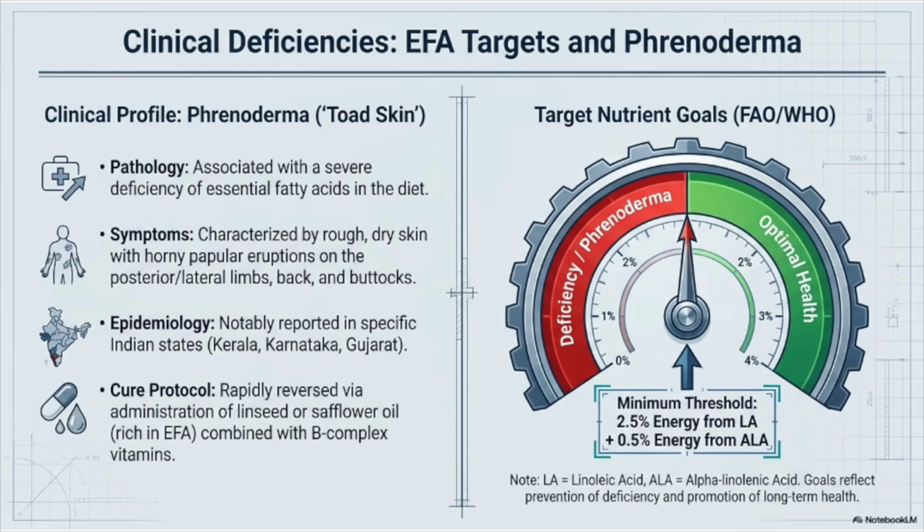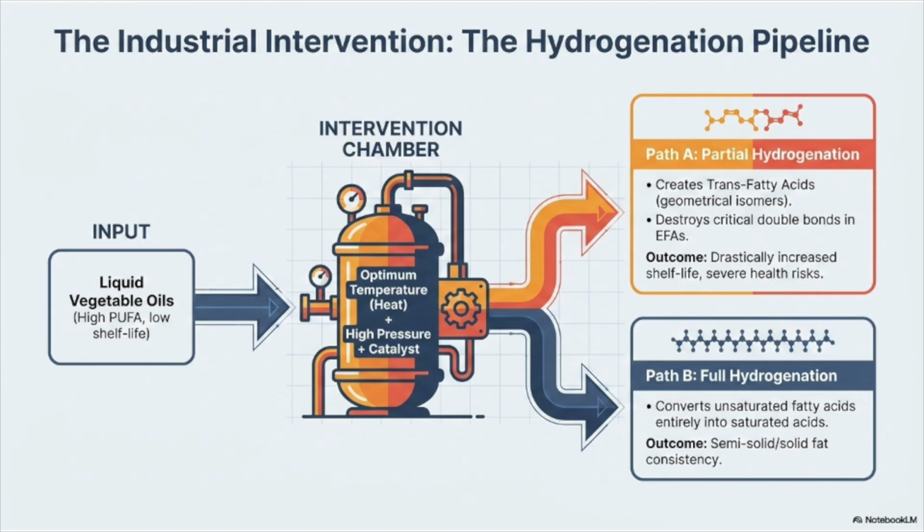In terms of target nutrient goals set by the Food and Agriculture Organization and the World Health Organization, the minimum threshold to prevent deficiency and promote optimal health is 2.5% of energy from linoleic acid plus 0.5% of energy from alpha linolenic acid. Now, let us turn to the industrial intervention that has significantly altered the fat landscape, the hydrogenation